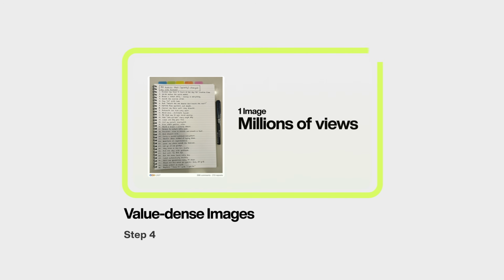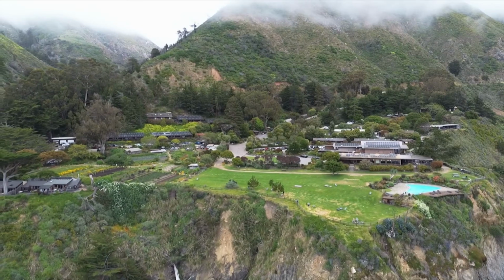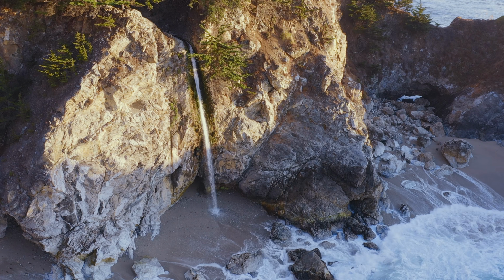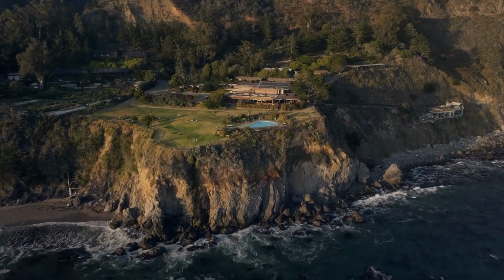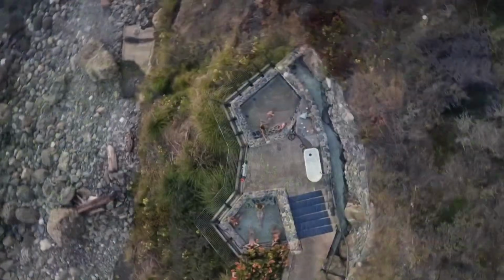Step 4, value dense images. This was one of the most surprising parts of LinkedIn for me over the last 3 years. I had gone for a random soul trip into nature in Big Sur, California at this retreat center called Esalen, which is kind of like the home of the human potential movement. Way back in the day, folks like John Lennon, the Beatles, Ram Dass would go out there, meditate, and party a little bit. I was at one of these retreats doing a bunch of art, unplugged, no phone, no computer.